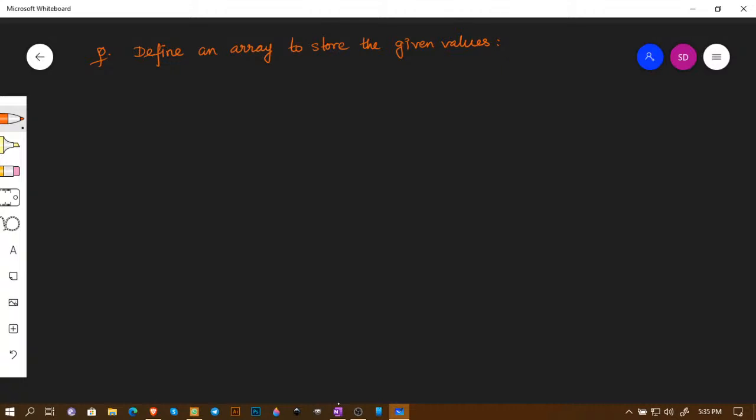The given values are, let's say, for the first question, integer values -1, -92, 553, 37, 6. For the second question I have string values,